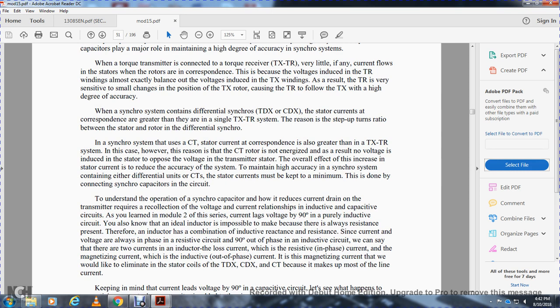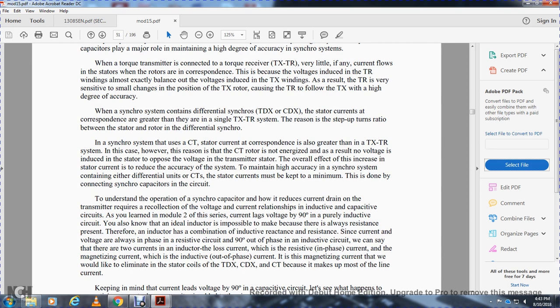In this case, with the rotor of the control transformer not energized, the result is no induced voltage opposing the voltage of the transmitter. The increase of the stator current reduces the accuracy of the system. To maintain higher accuracy of the synchro system, the differential control transformer